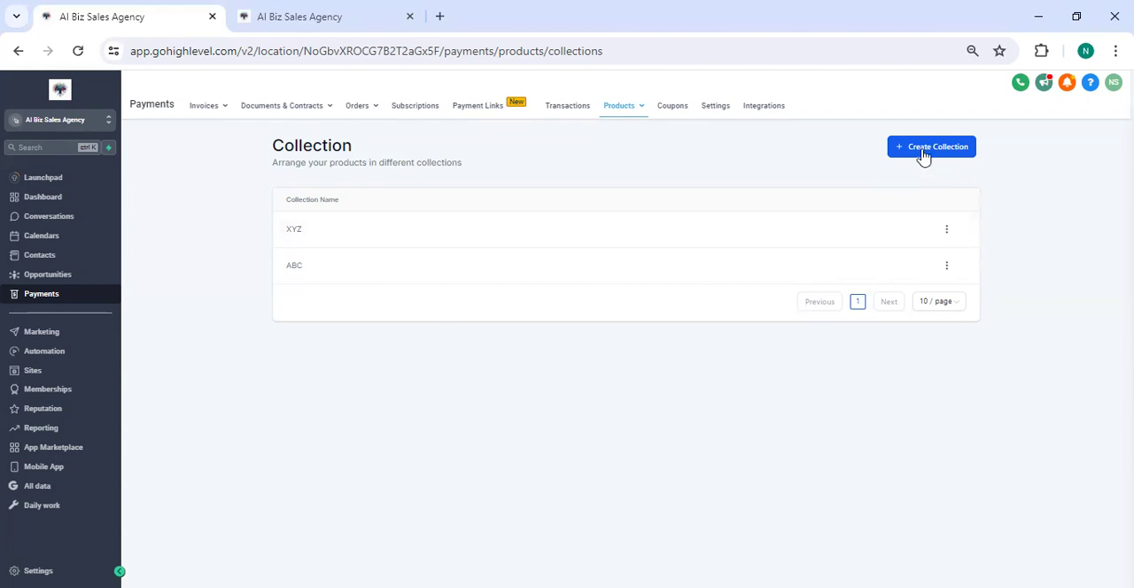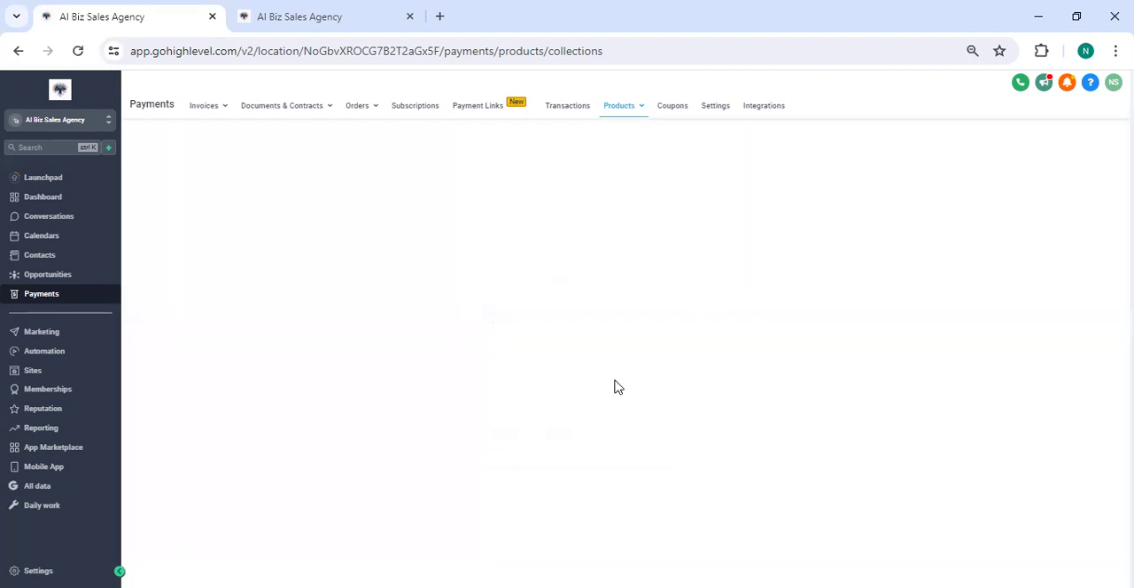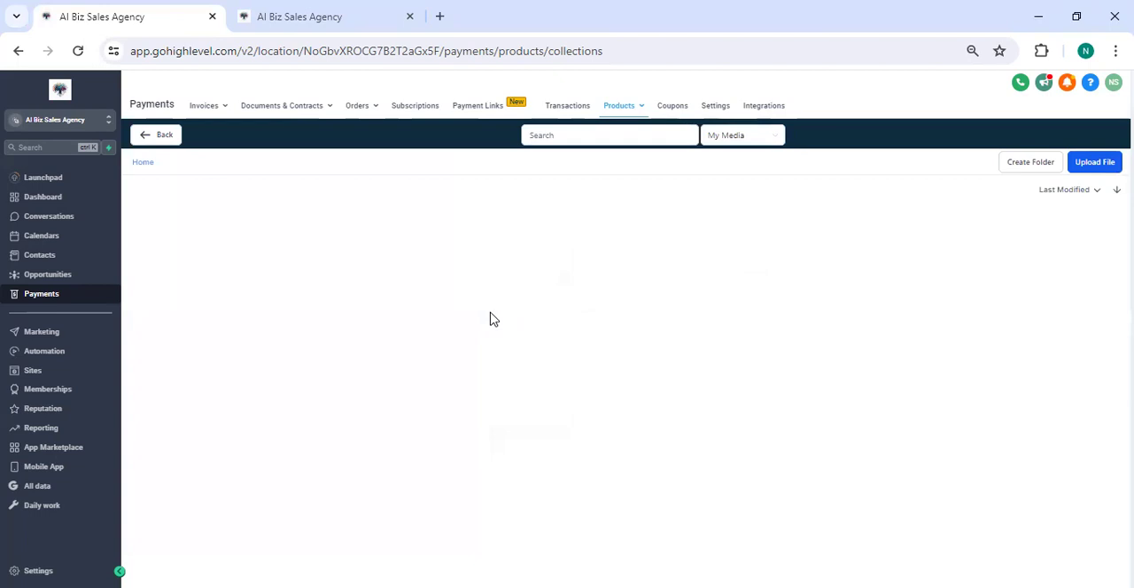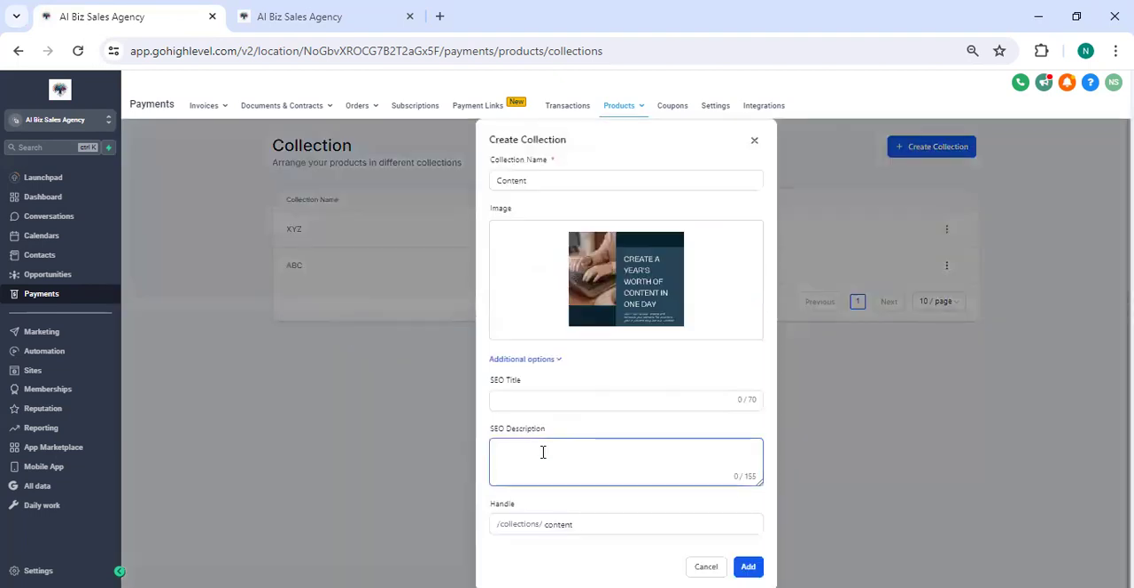If you want to create a new collection, I will click on create collection, and here I can give the name, "content" as an example, and I will add the image here. I will browse the image from the computer, and I will take this as an example. If I want to add additional options, I can give the title as content,